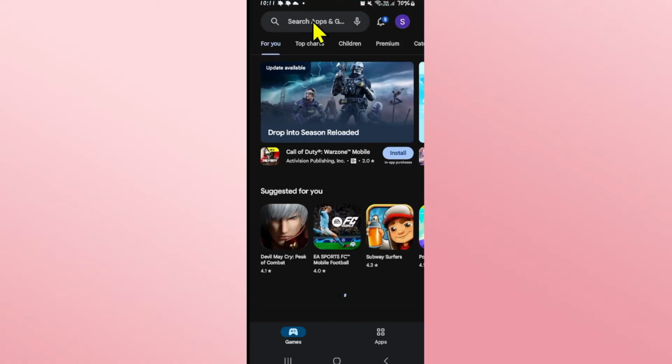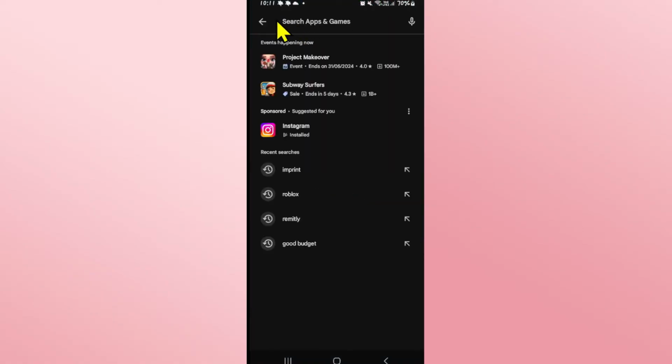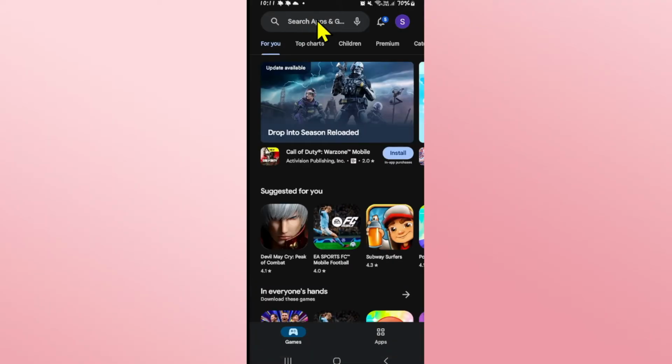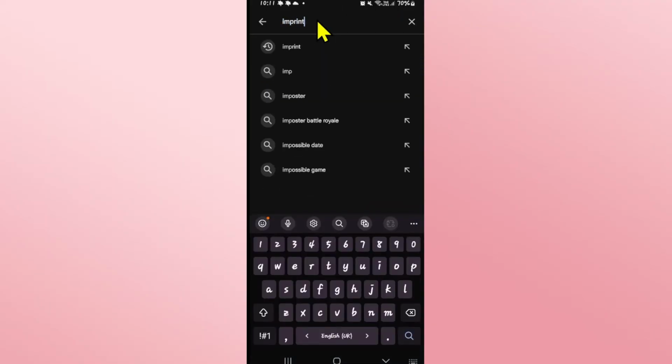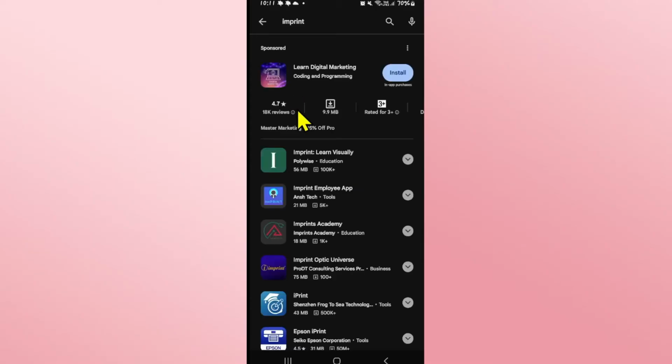First of all, open up the Google Play Store from your device. And once you open it up, tap on the search box at the top section and then type in Imprint and start your search. Once you find the Imprint application, go ahead and tap on it and you will see